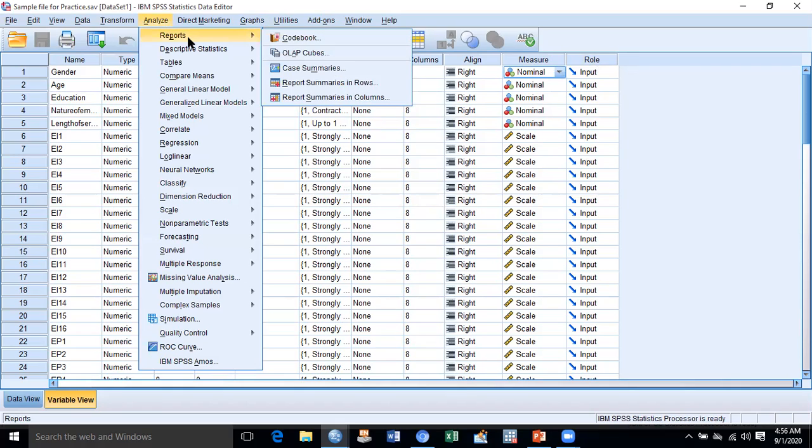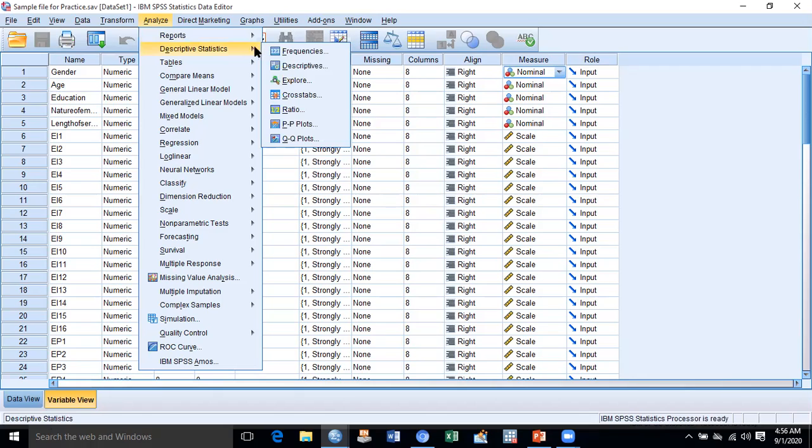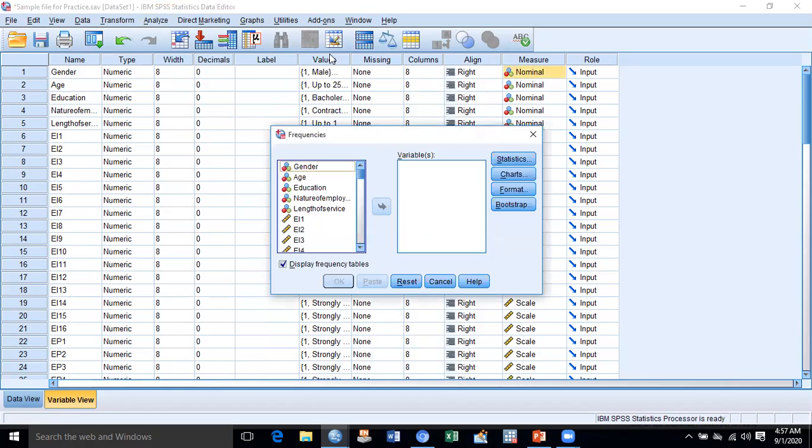Click on analyze, and after that you can see here descriptive statistics, and here you can see frequencies. You can click frequencies, and here you can select how mostly the frequencies are used. Let's say I'm transferring gender, age, and education, all type of data, to the right side of the screen.